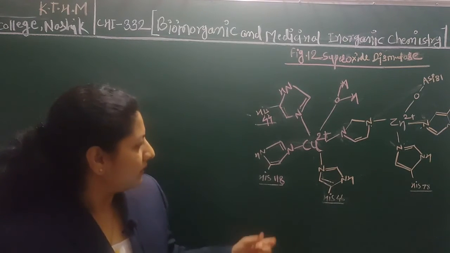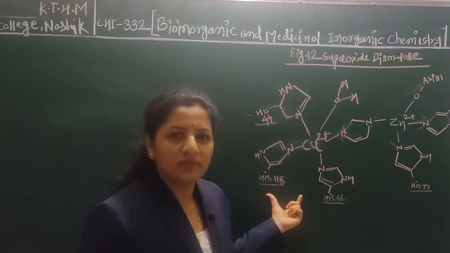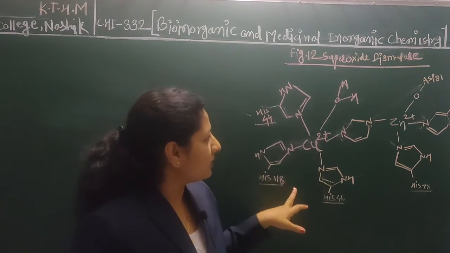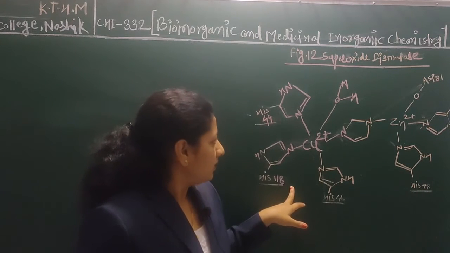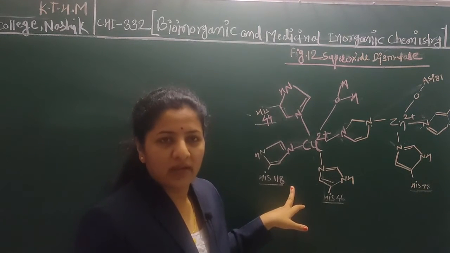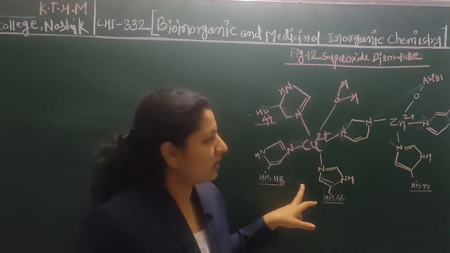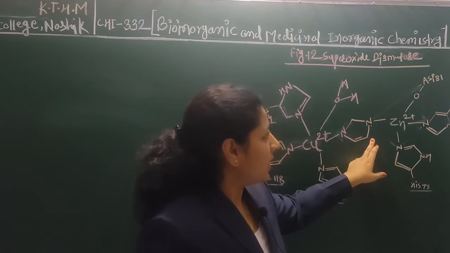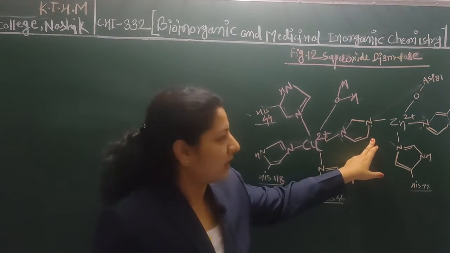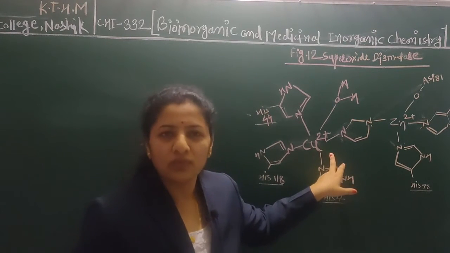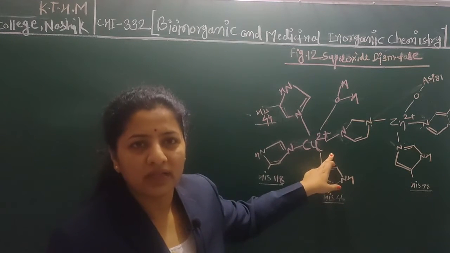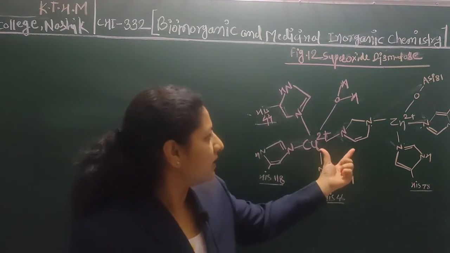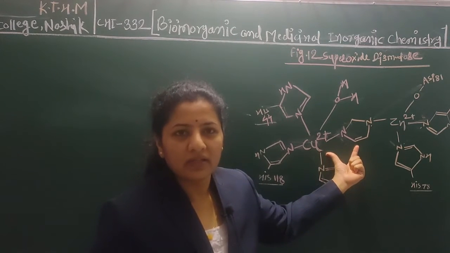superoxide dismutase. If you see in the figure, superoxide dismutase contains two active centers, that is copper and zinc. Copper is coordinated with 4 histidine groups and one water molecule, which is a labile position, and zinc is ligated with 3 histidine and 1 aspartate residues. In these two active centers, one histidine is a common ligand which is ligated to both active centers. Now let's discuss the structure of